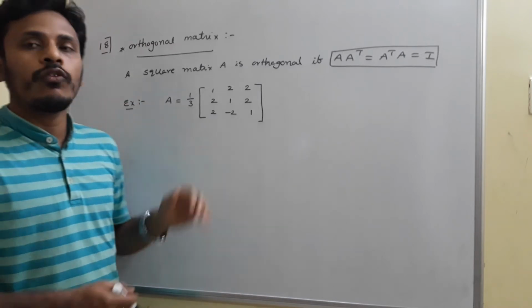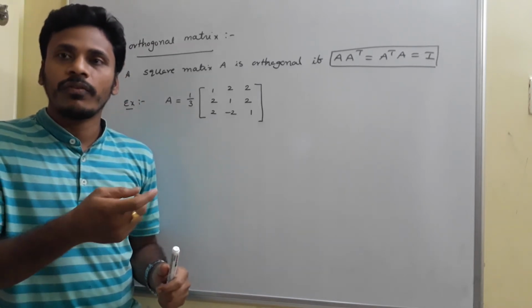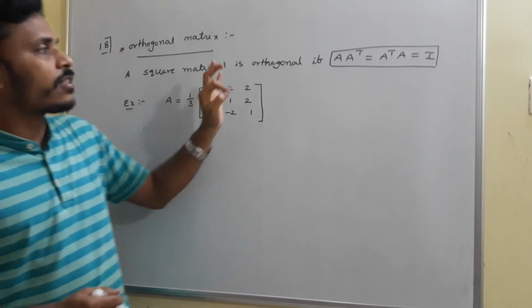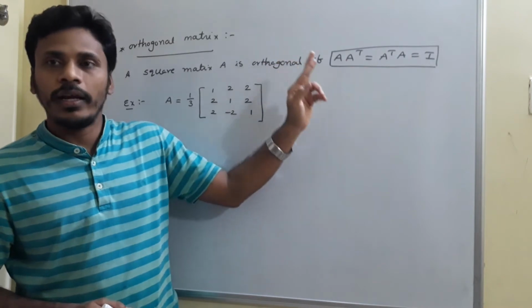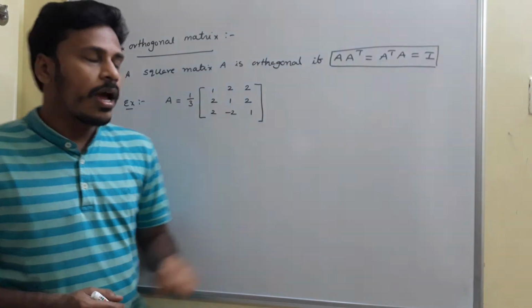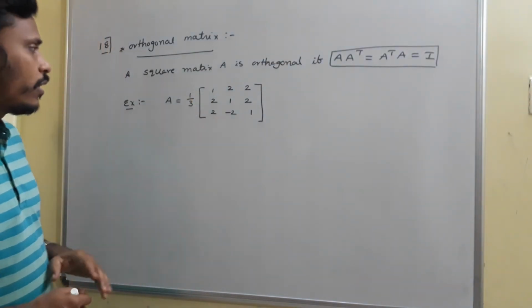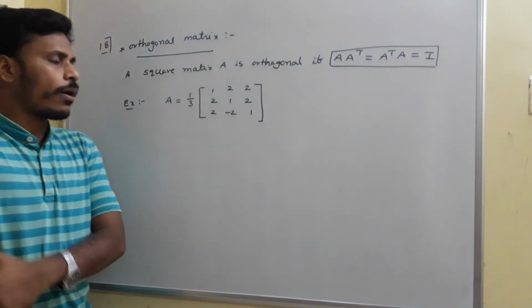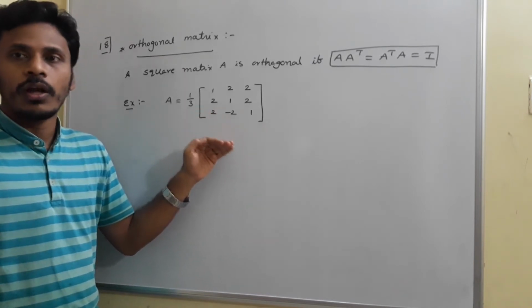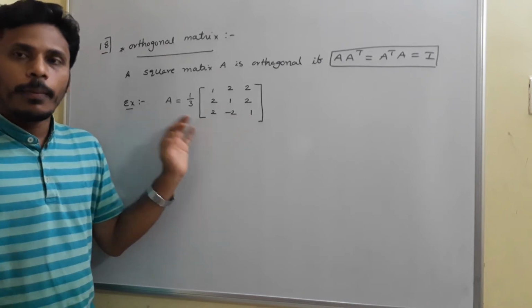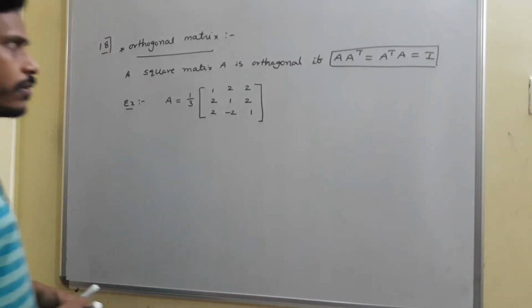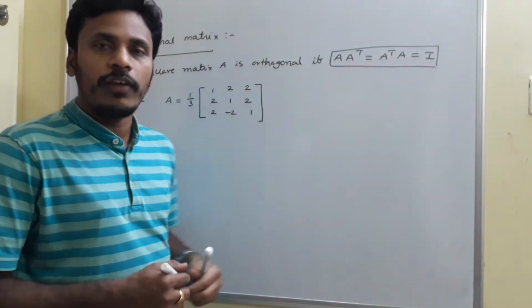Here I am going to give you some different results or observations related to the orthogonal matrix. The first thing to note is that a matrix is orthogonal if A into A transpose equals A transpose into A equals I. That's the basic definition. Next, I have an example: A equals 1 by 3 times the matrix with rows 1 2 2, 2 1 minus 2, 2 minus 2 1. I need to check whether it is orthogonal or not. To check, the task is just the multiplication of A with A transpose.